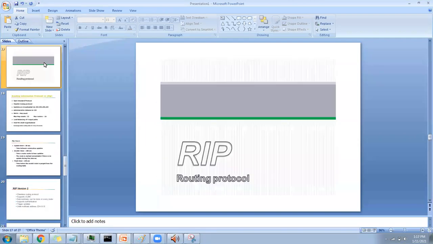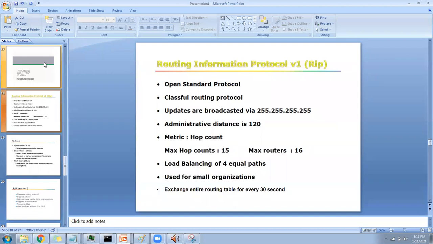Last class, we discussed the RIP routing protocol, Routing Information Protocol, and RIP has two versions. It is a type of dynamic protocol, right? And in the dynamic routing protocol, so